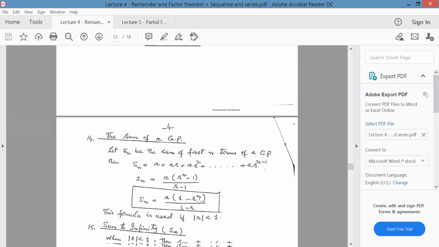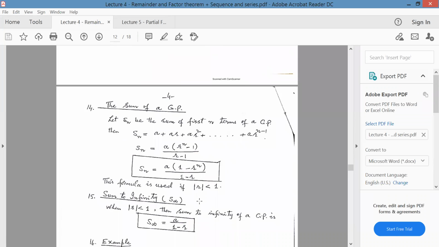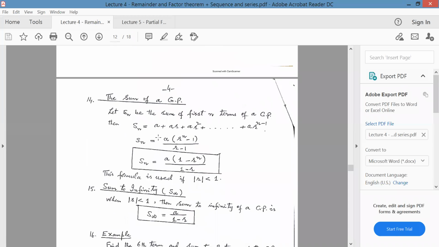Sum of the n terms in a GP series. The GP series is like this. Now we are going to sum up, so we are putting the addition sign. a plus ar plus ar square and so on and so forth plus ar power n minus 1. Derivation is not important, so I'm writing directly the answer. Sn, sum of the n terms. The formula is first term times, in the bracket, r power n minus 1 over r minus 1. Gentlemen, this is the formula for finding the sum of the n terms.